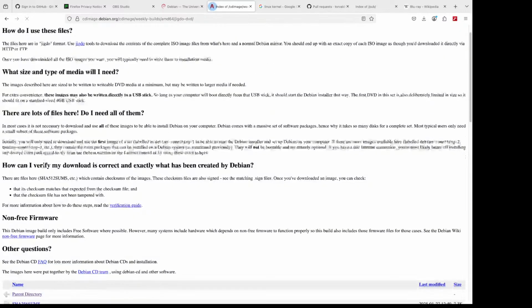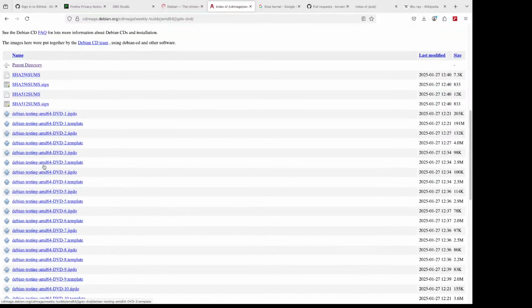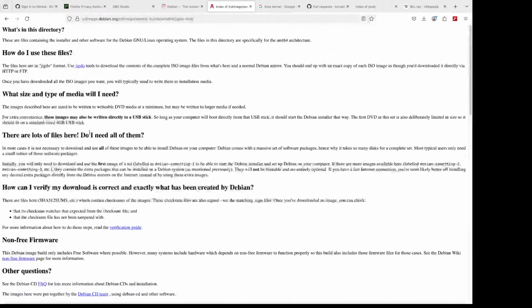Actually, it provides, oh, quite an interesting thing. It provides also the bootstrap Jigdo files for the normal DVDs. Let's say, assuming that, okay, it provides 25 Jigdo and template files for the normal DVDs of the current Debian testing,